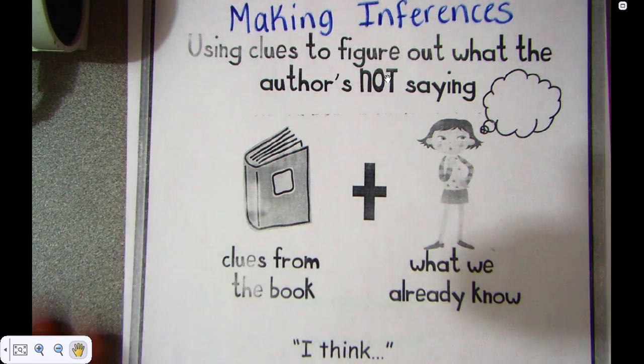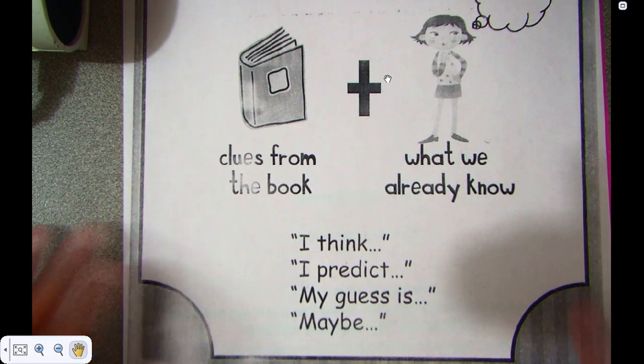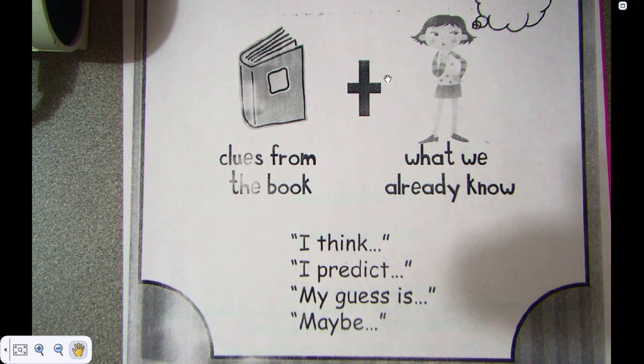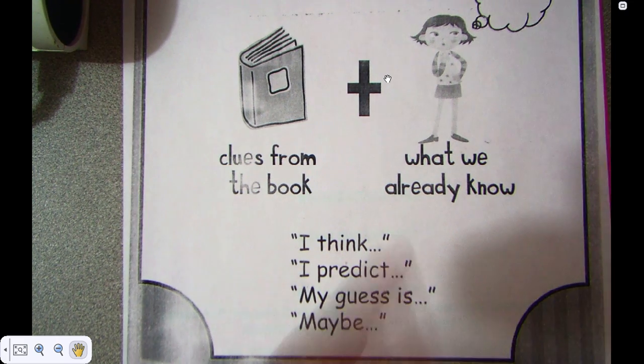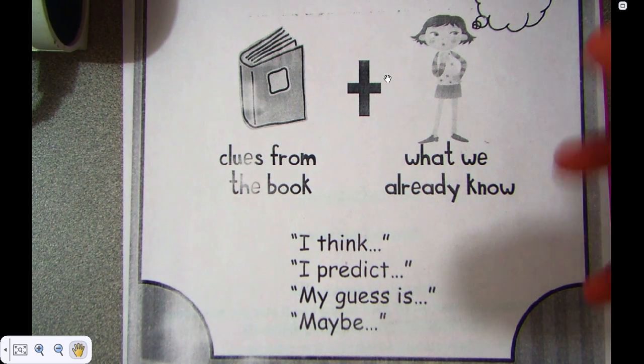So when we make inferences, we can always start by using some little sentence starters like, I think the character may have felt sad. I predict being lonely will make the character sad. My guess is the character is sad. Maybe this made up character is sad because they're lonely. So we can use these to help us. Now, as we read the story, My Friend Mike,